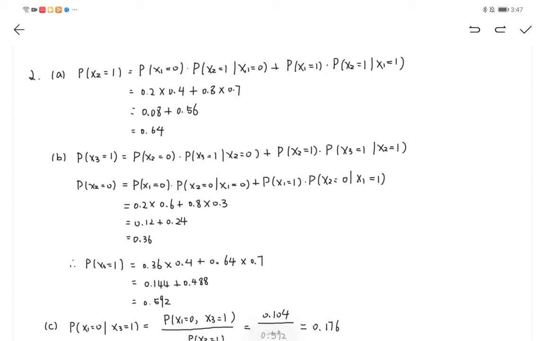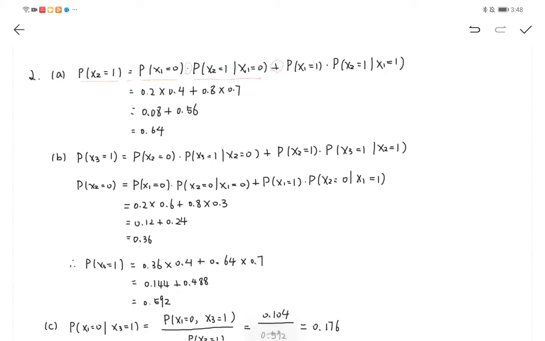For this question, we can use the total probability formula. We can analyze the probability that x2 equals 1 as the probability of x1 equals 0 multiplied by the probability of x2 equals 0 on the condition of x1 equals 0,